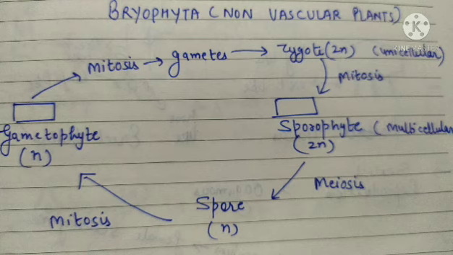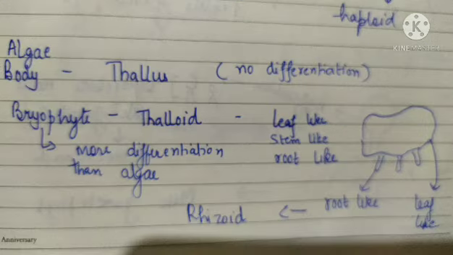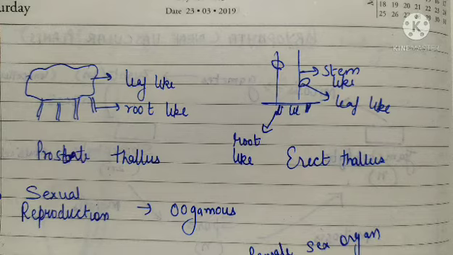As we have already discussed in the previous video, the bryophytes are non-vascular plants, means they do not have xylem and phloem to transport water and food. Therefore, these plants do not attain a large height since they lack vascular tissues, and their body is thallus-like. They do not have true leaf, true stem and true root, but they have leaf-like, stem-like and root-like structures. So that is, their body is thallus.